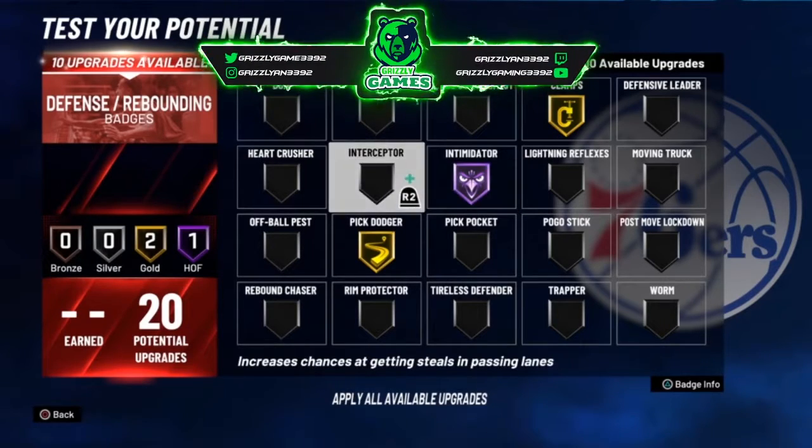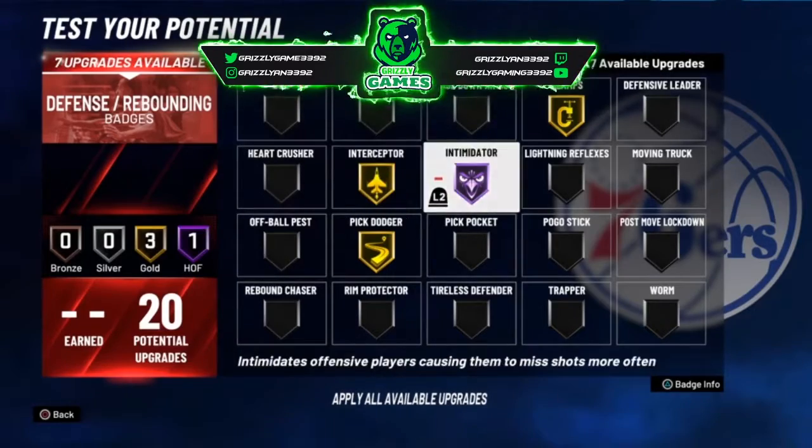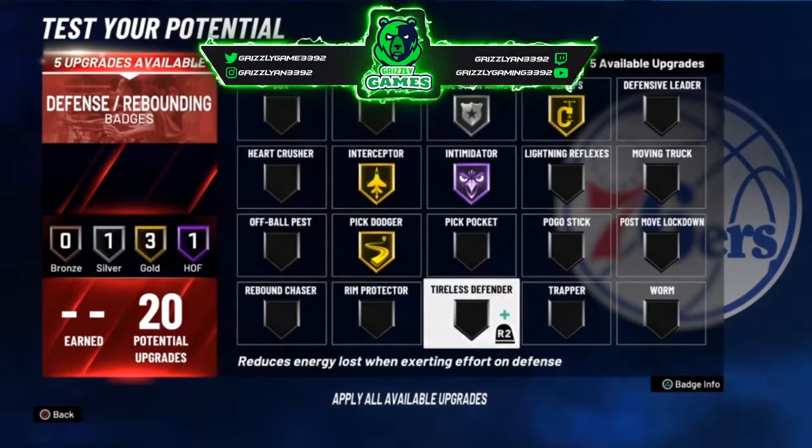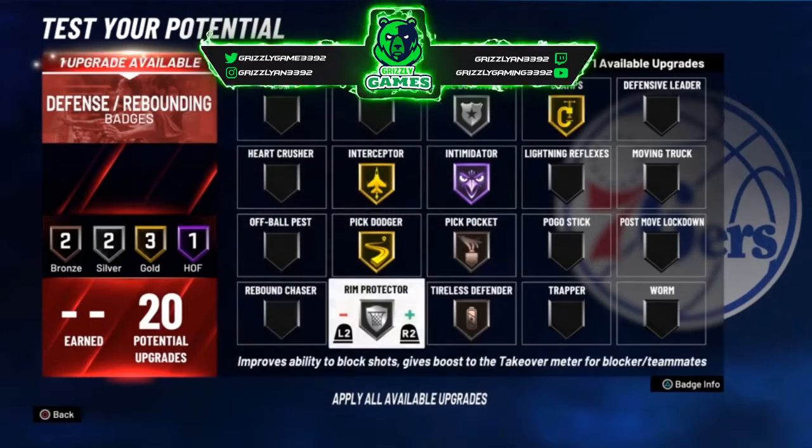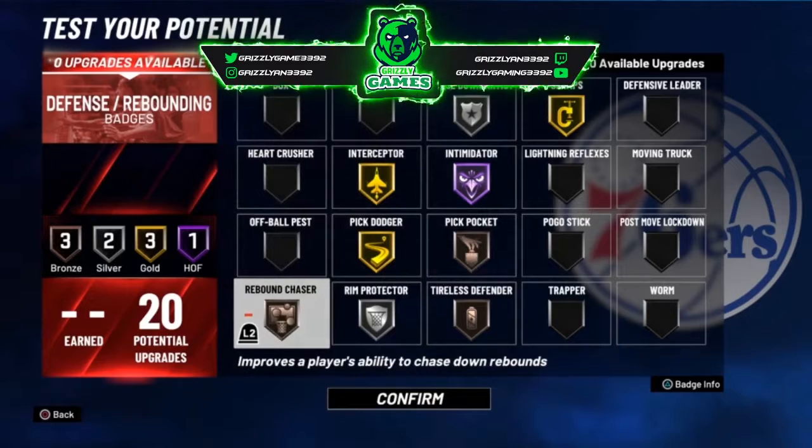Alright, and then next for the badges, we definitely want to put on interceptor on gold. We're going to put chase down on silver, rim protector on silver. We're going to put on pickpocket on bronze, tireless defender on bronze, and we're going to do rebound chaser on bronze. Now, guys, the reason why I did it like this, you're a point guard,